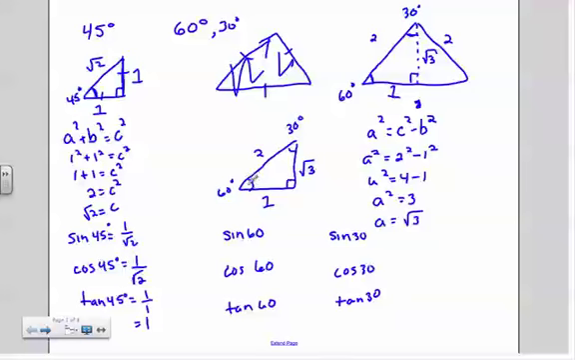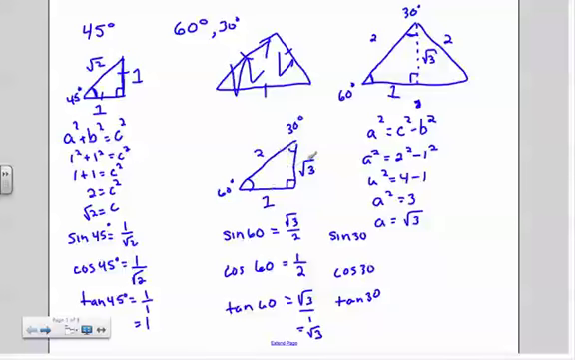So for 60, sine is O over H, opposite over hypotenuse. So that's root 3 over 2. Cos is adjacent over hypotenuse, A over H, which is 1/2. And tan is opposite over adjacent, O over A, which is root 3 over 1, which is just the same as root 3. Now to do 30 degrees, I'm going to switch the angle I'm referencing, which means the hypotenuse